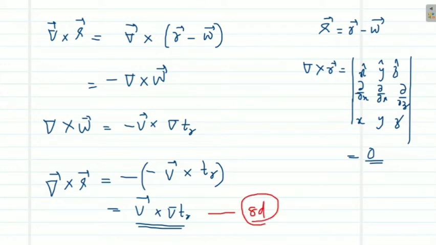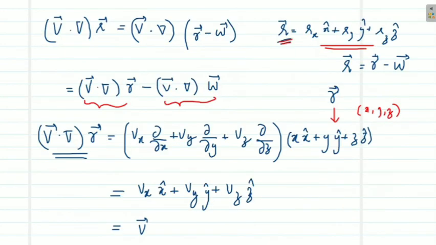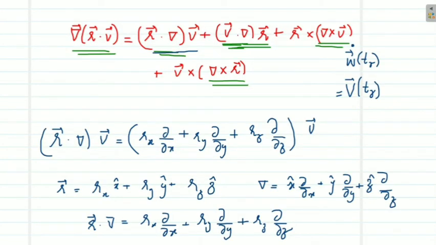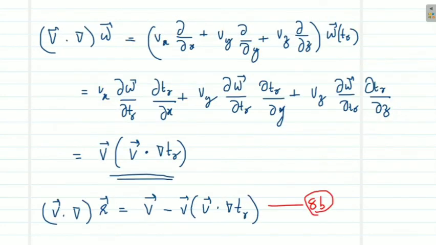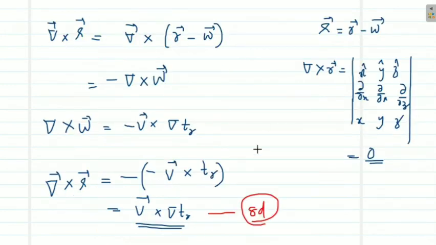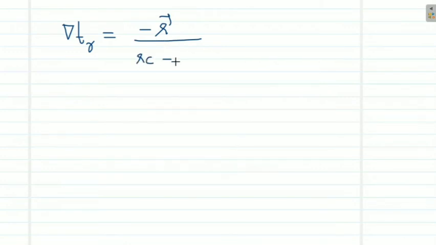So these are the four terms that we substituted into our equation 8 in the last video on the derivation of the electric field from a moving point charge. Equations 8a, 8b, 8c, and 8t were obtained from these substitutions and derivations. Now one more term that we took as given was the expression for del tr. We actually substituted that del tr is minus r bar divided by rc minus r bar dot v bar. Now let us prove this expression.